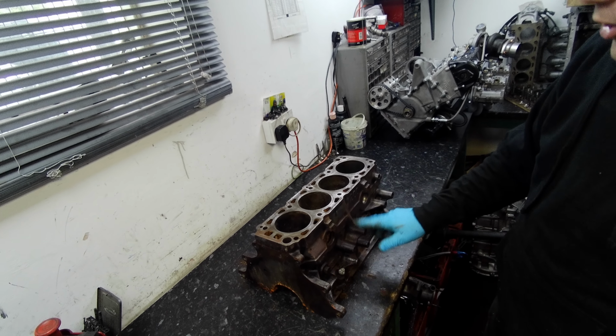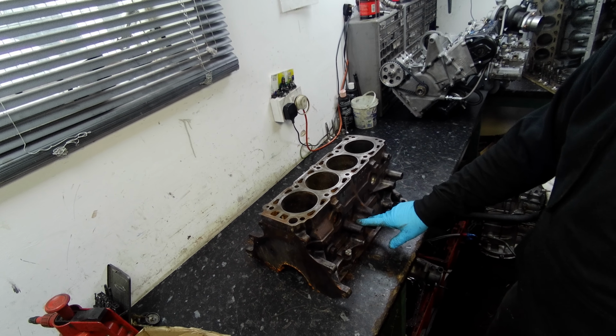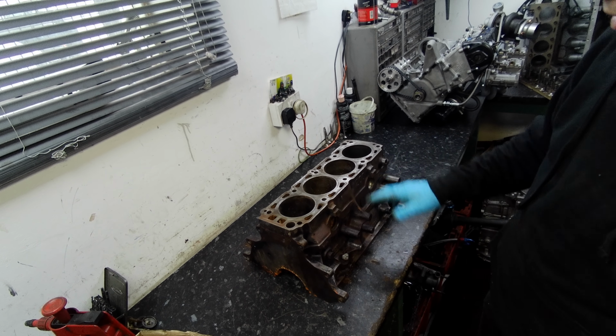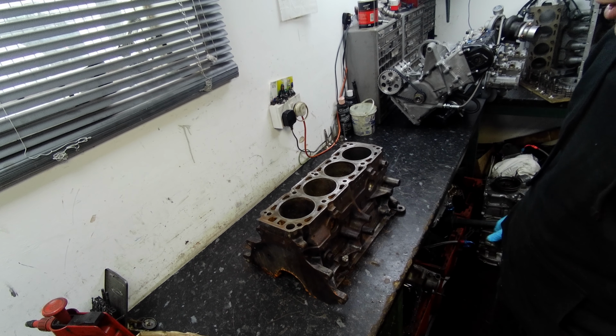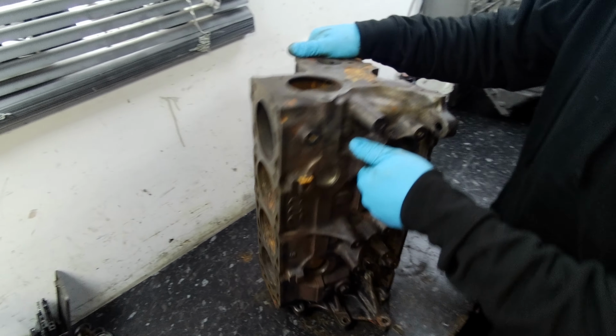But going back to the block, Ford really did make a good effort with this Pinto engine. The effort they went to in the last generation 4x4 Sierras, the block is far superior. I don't know if you can see with your camera, but the line